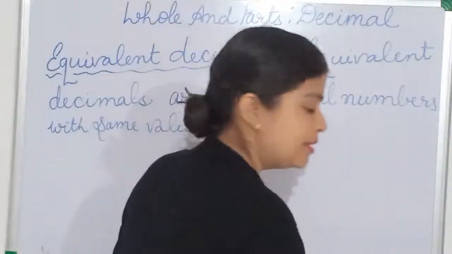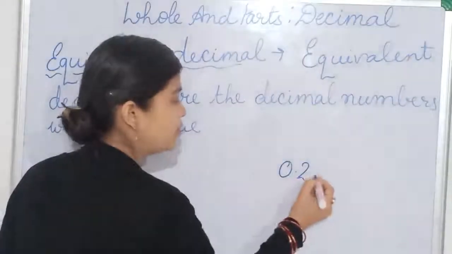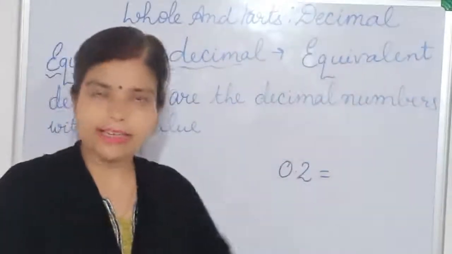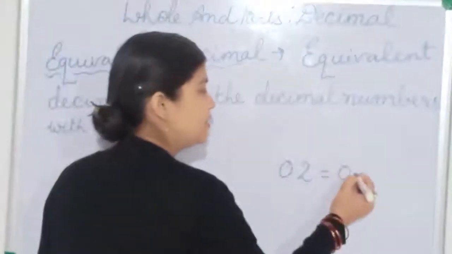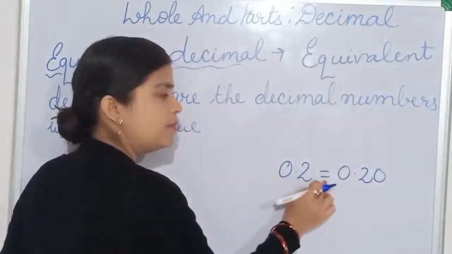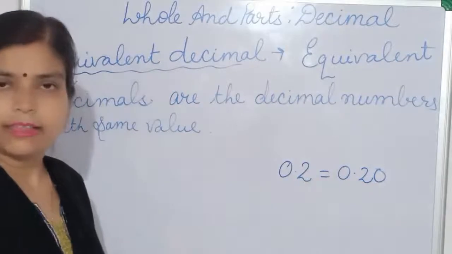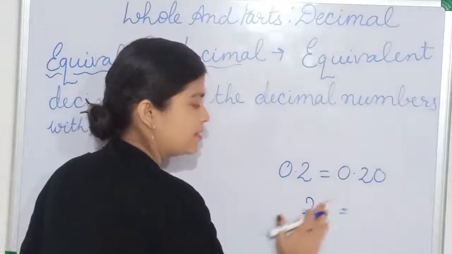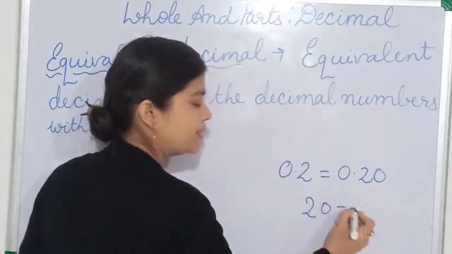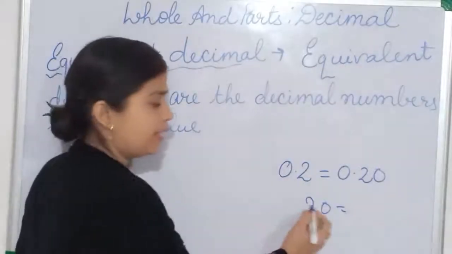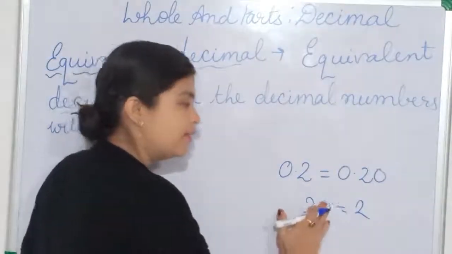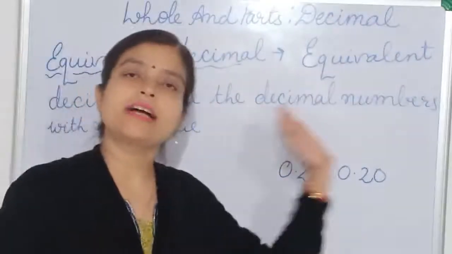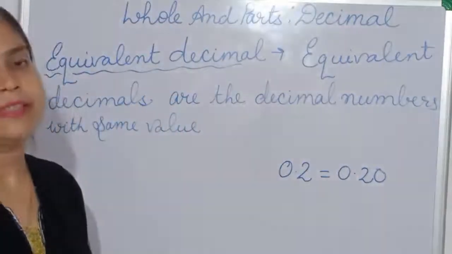For example, if you have a number like 0.2, okay, this is a decimal number. If I put 0 on the right hand side of the decimal number, it will be the same only. 0.02 is equal to 0.020. Okay. But with a whole number, it is not the same. If I put 0 on the right hand side of 2, then it will become 20. Okay. And 20 is not equal to 2. Only if we put it on the left hand side, then it is the same. But in a decimal number, if we put 0 on the right hand side, the number will be the same only, okay?